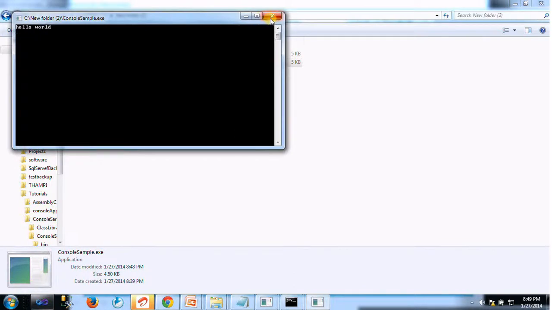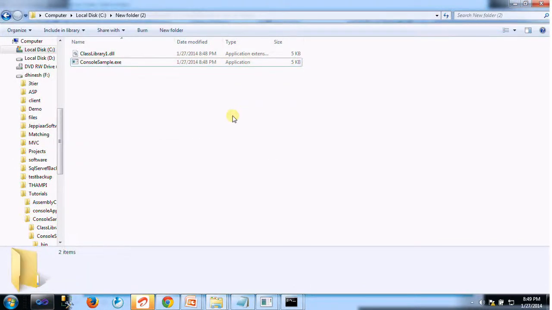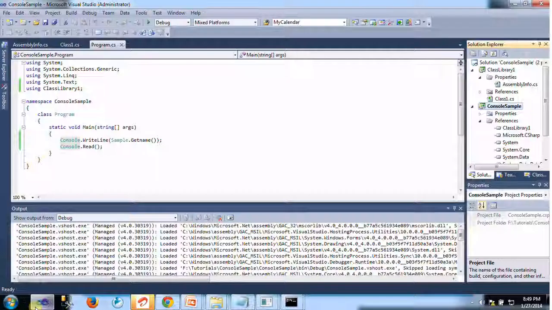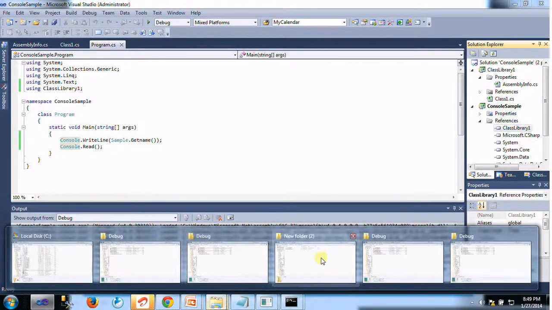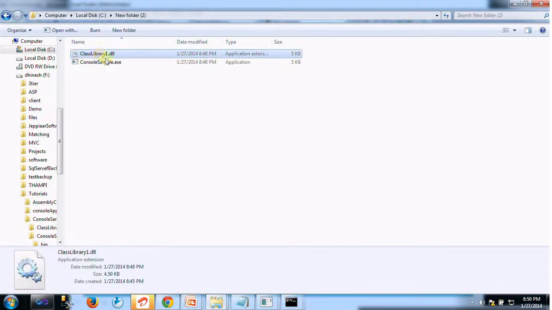It worked fine. Now we are going to change our versions. Will it work or not? We are going to check. How to check? Here is our 1.0 version that is needed. Let's look at what version of this class library we used, and going to the new folder, what versions we have used, and this is 1.1 versions.